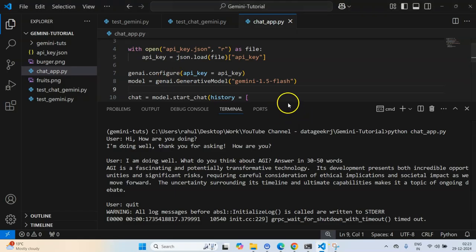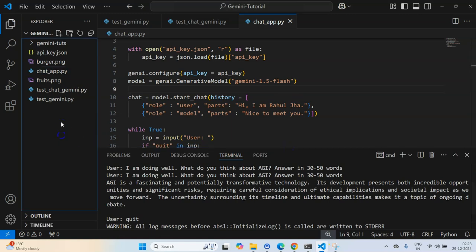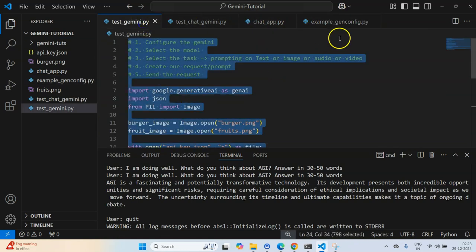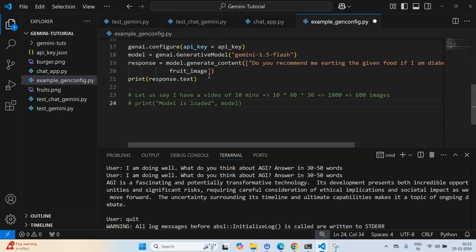Let's create a new file, maybe example gen config dot py. Let me copy this example where I am prompting the images.